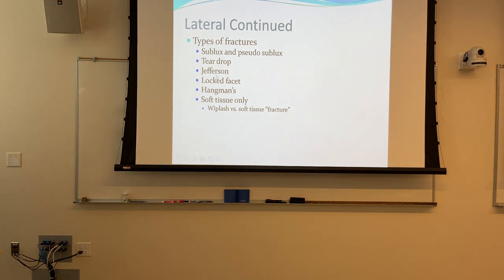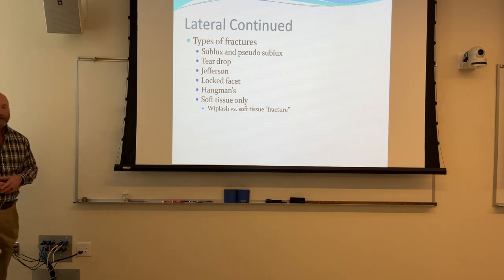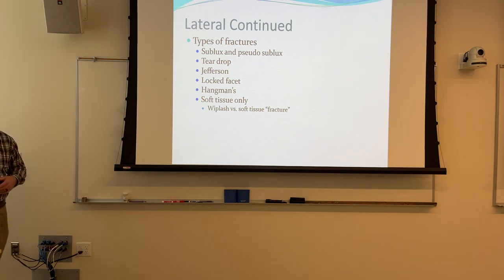So types of fractures, we've got subluxation, pseudo-subluxation. Those usually come with other types of fractures, named fractures in the C-spine. Teardrop fracture is a very unstable fracture for reasons I'll show you here in a bit. Jefferson fracture we already took a look at. A lock facet is kind of like,